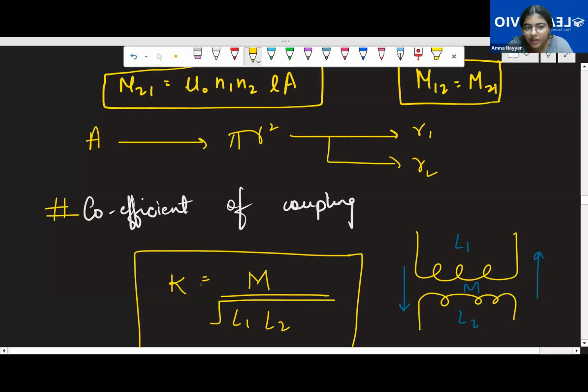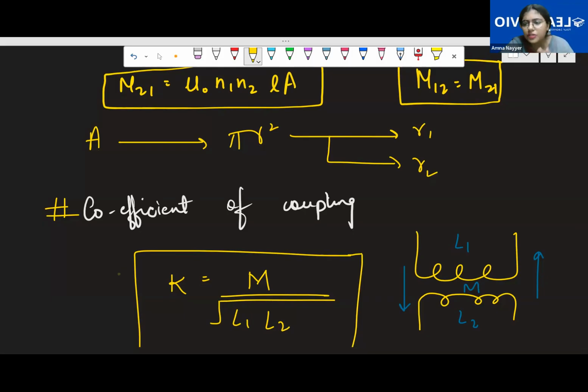So this coefficient of coupling, just remember it at the maximum. This formula connects the self-inductances of the individual coils and the mutual induction between them. So the formula is M divided by under root L1 into L2. No derivation, nothing. To be on the safer side, if they use anything, this could be asked. But you don't have to go into the complexities of these. Remember the basic derivation, basic formula, it's a scoring chapter. Don't lose marks in this chapter.